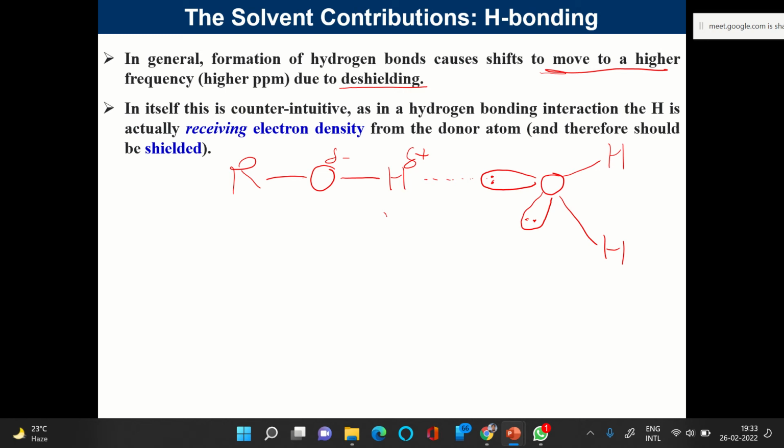The proton, this is your proton of concern, and then this solvent molecule comes in, and interaction happens with this lone pair of electrons. So actually it is receiving this electron density. That is the kind of view it is. There is a donor atom which is giving you the electron density, and so a simple point of view is that you can think that it should have pos